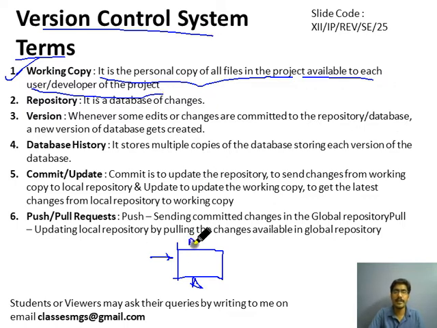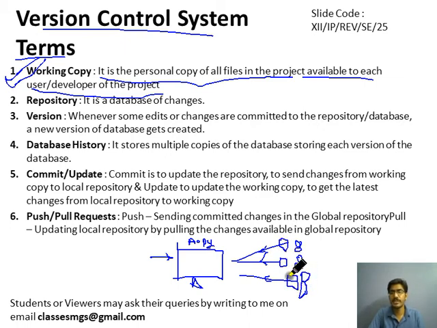Let's suppose the a.py file is the file that is maintained or written by 3 persons. Let's suppose persons 1, 2, 3 are working on this particular file. Then the copies of this file on which these 3 individuals are working are known as working copies, in which each will have a personal copy of this file on his computer, and each works on his own file. So this file is known as the working copy. Now what is a repository? Repository, it is a database of the changes.